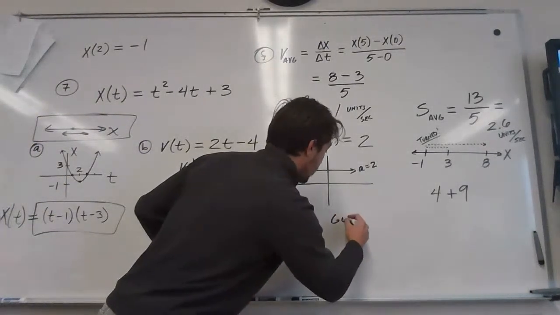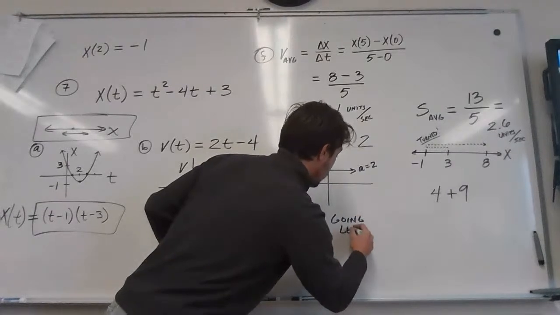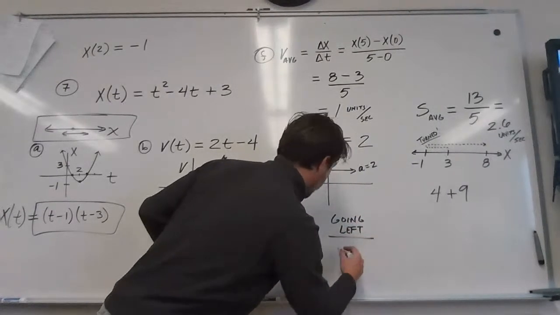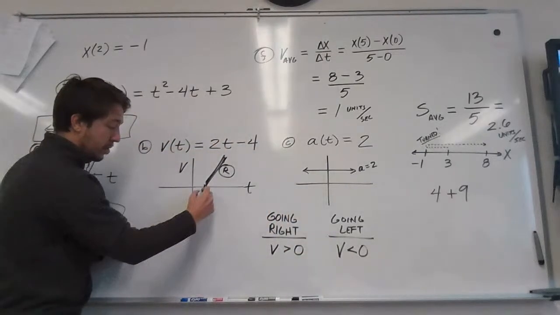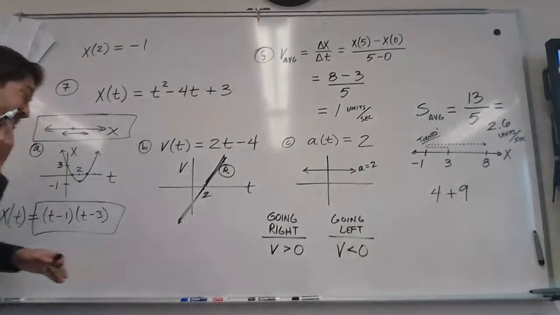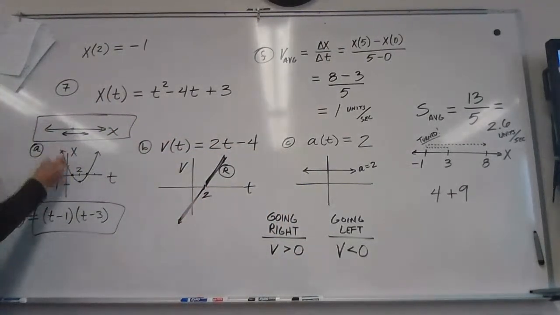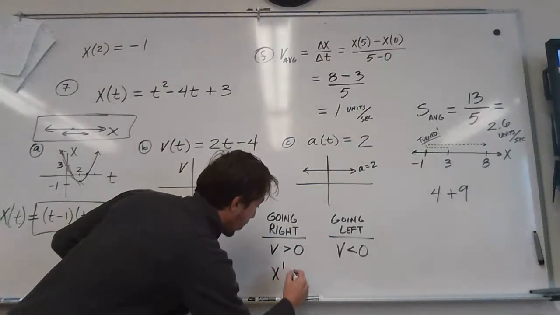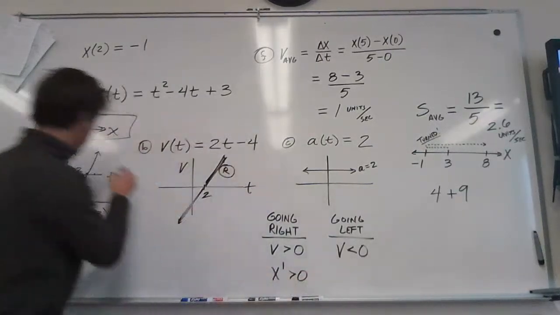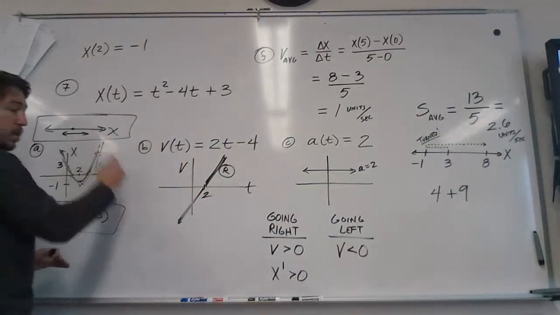Going left means velocity is negative, which would be down here below. Or you could think of it as the slopes on the position graph, right? So if x prime is positive, meaning the slopes are positive, you're going right. And if